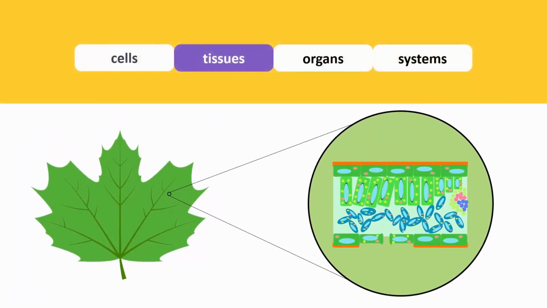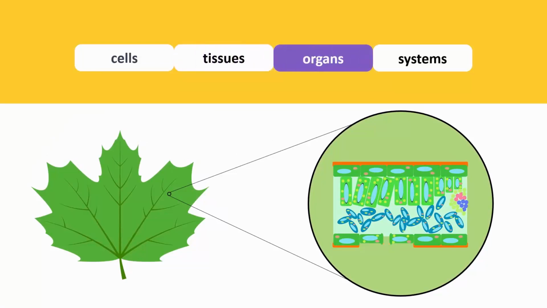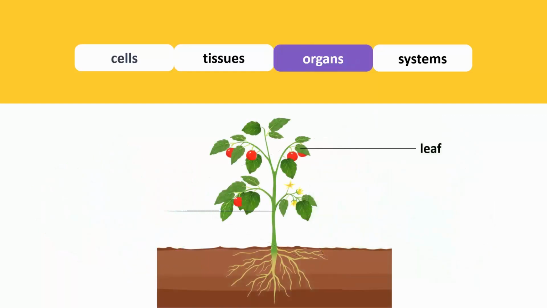In plants, just like in animals, many different tissues come together to form an organ. The leaf, stem, root, flower,